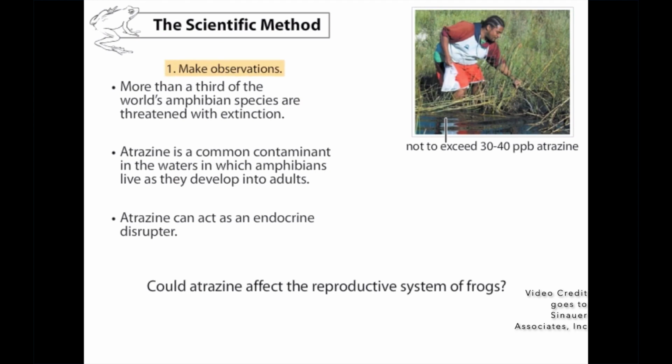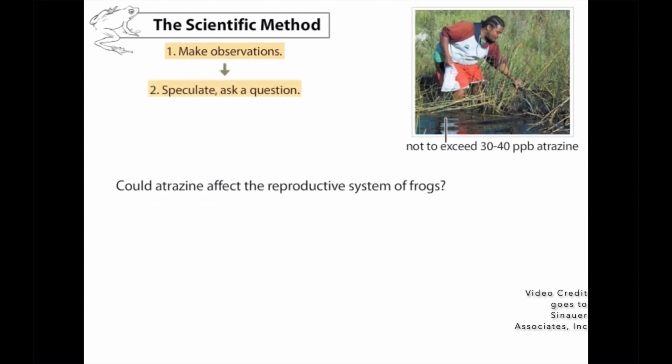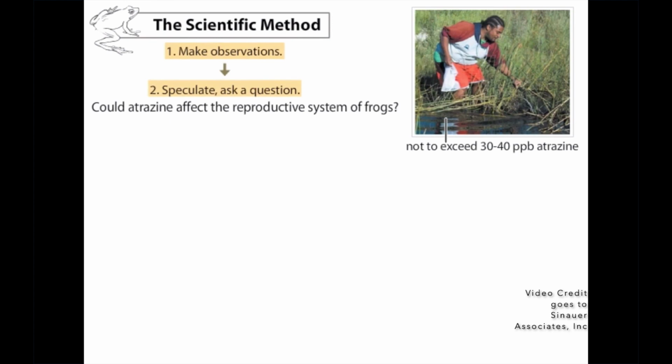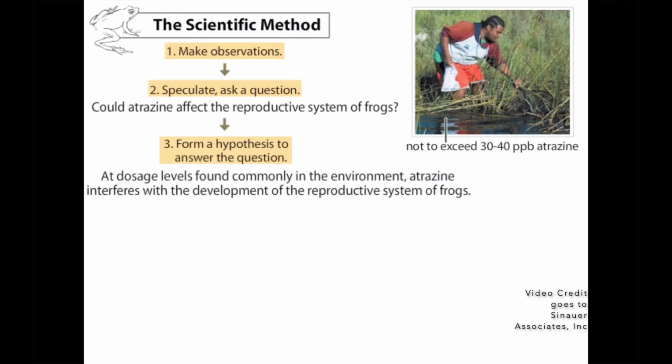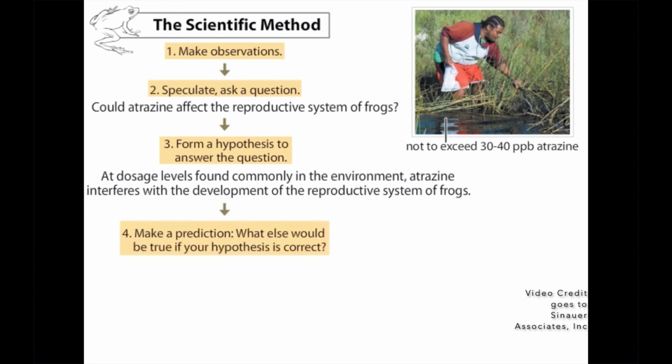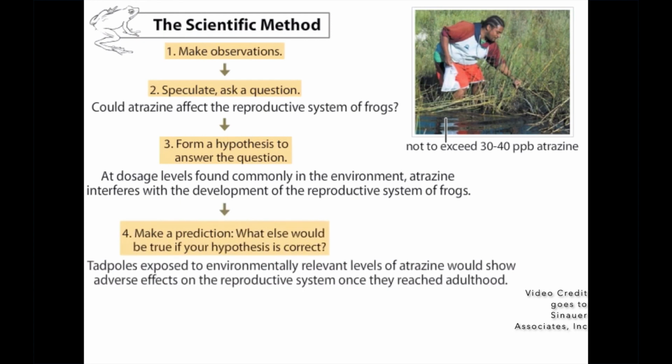This question represents the second key step of the scientific method. In answer to the question, the investigator forms a tentative proposition called a hypothesis. One possible hypothesis can be stated this way. At dosage levels found commonly in the environment, atrazine interferes with the development of the reproductive system of frogs. If correct, you can imagine the disastrous effect on frog populations. Based on his hypothesis, Tyrone Hayes made a prediction, which is the next step in the scientific method. He predicted that tadpoles exposed to environmentally relevant levels of atrazine would show adverse effects on the reproductive system once